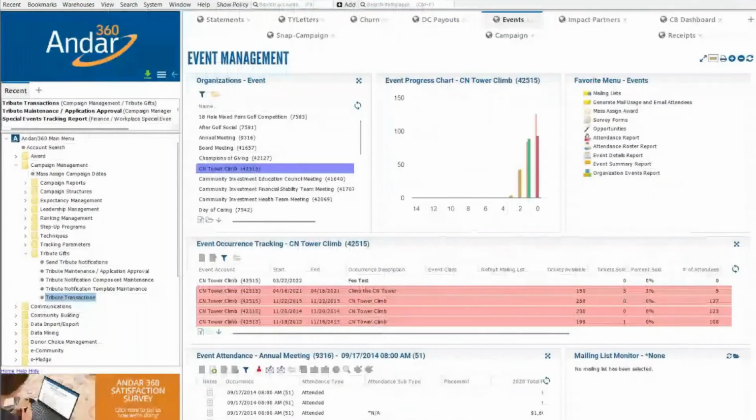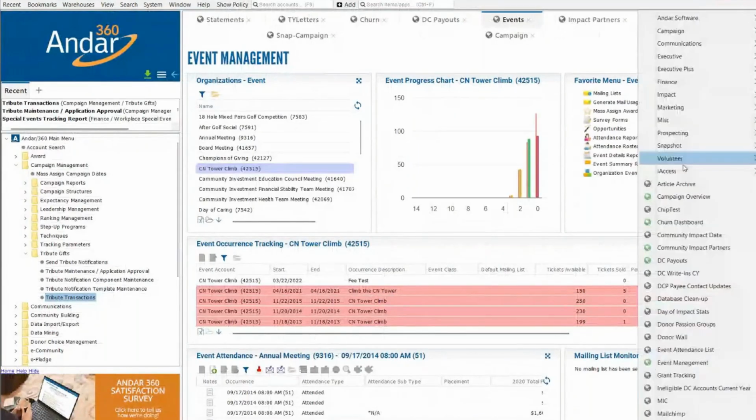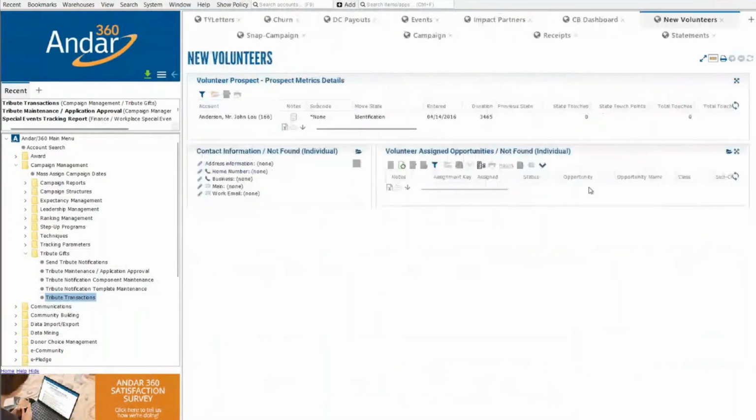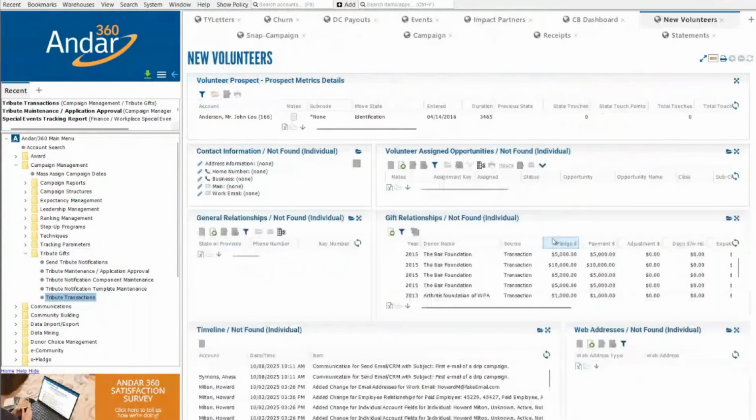In addition to event attendance, we can also track volunteerism. So we have some great new dashboards around that. Ooh, there's one called New Volunteers. That's not exactly what I'm looking for, but still there. One of the great new functions that we have, and I'm going to demonstrate it by grabbing a new volunteer